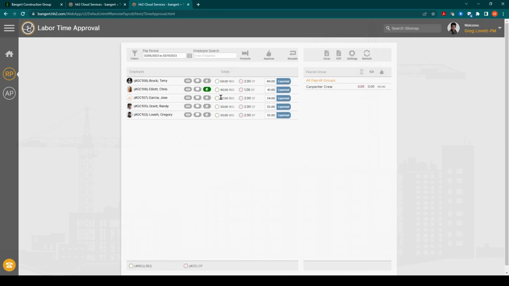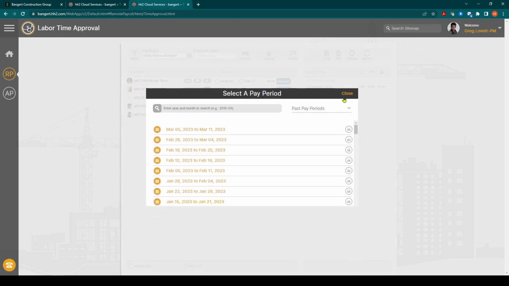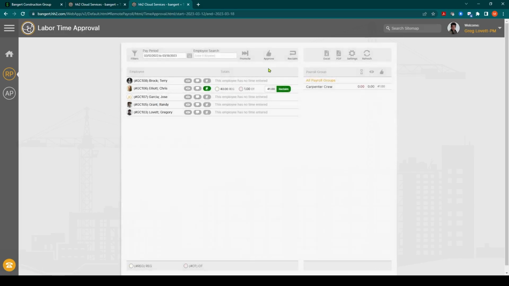And let's get back to our week. And let's go to March 18th. And let's approve that time. And you can see here, you can get totals by your crew. So this is the crew that I'm responsible for and so forth. Okay. So what would happen now, and this depends on the approval workflow that you set up, is that once the project manager approves it, it's going to the payroll administrator to give it one final look and send it into Sage Intacct.